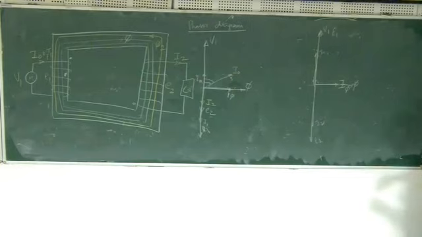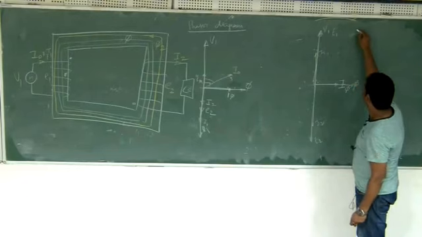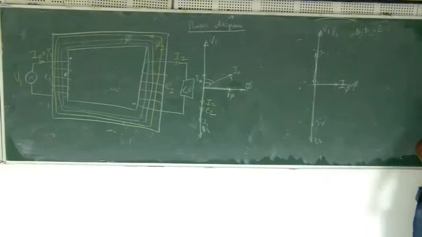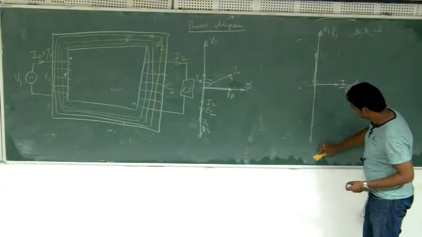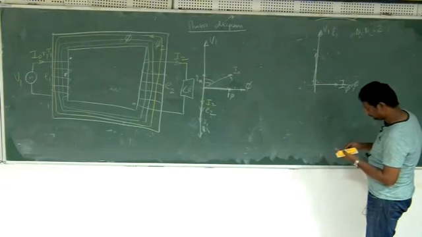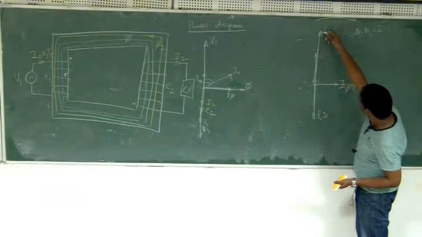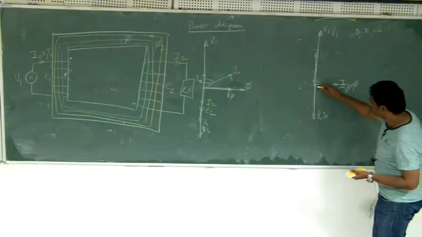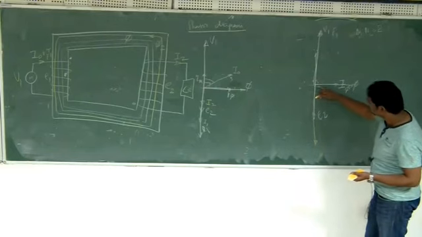interesting thing will be, if N1 to N2 is 2 to 1, okay, then I should be more accurate. Half the length of E1 should be E2. So this is E1, E2 will be lesser. Okay, and I2, let's say if this is I2, half the length of I2 should be I1.